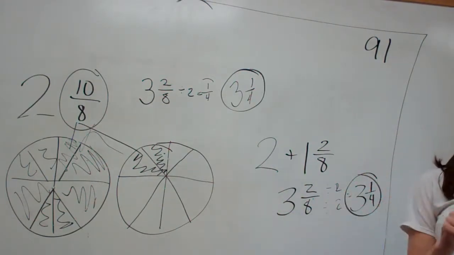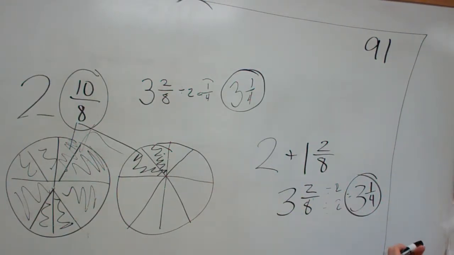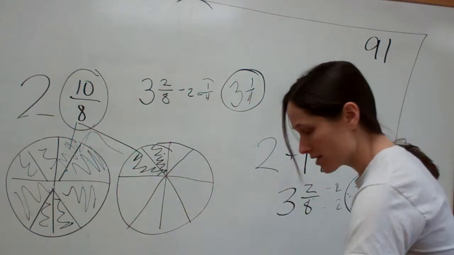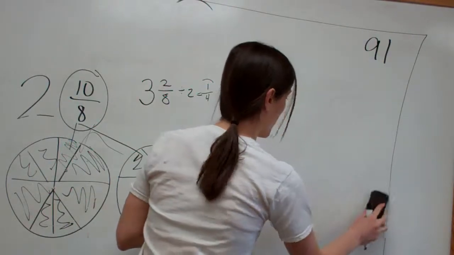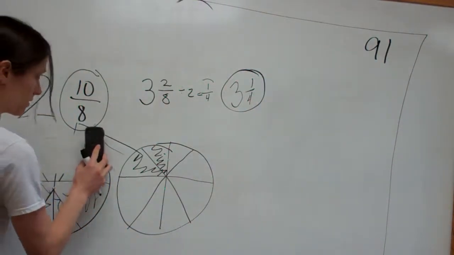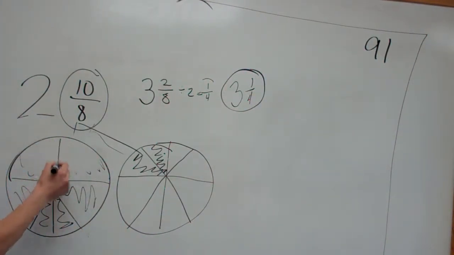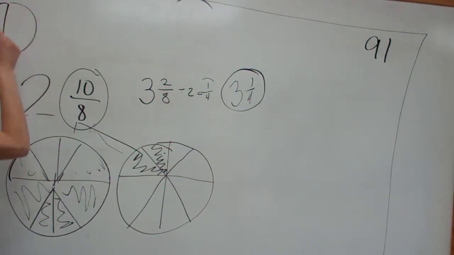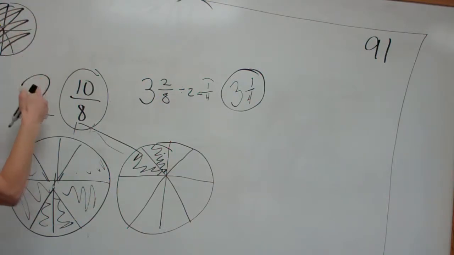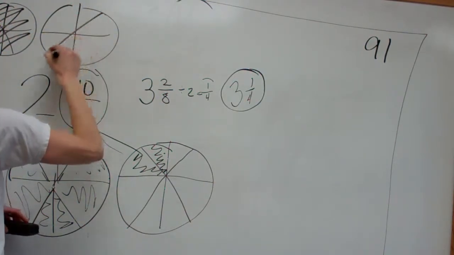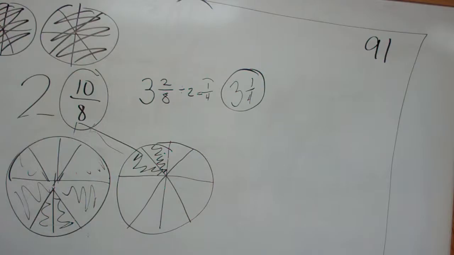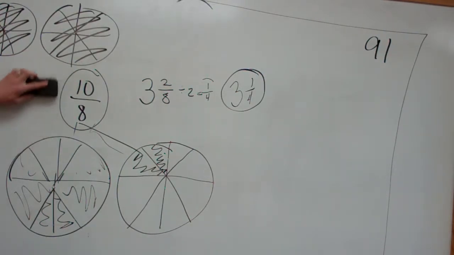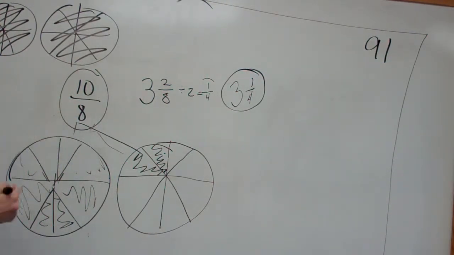Does everybody understand how we did that? Garrett, do you understand? Let me break it up like this. Let me do it one more time. Okay, so I thought we already learned this, a part of it. Just a part of it, okay? So this 2, I'm going to draw up here. There's 1 whole pie. There's 2 whole pies, okay? And then this 10/8 is,